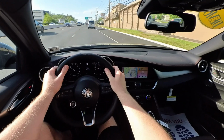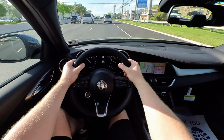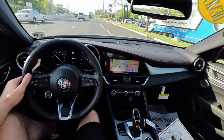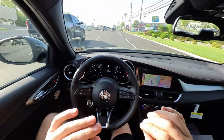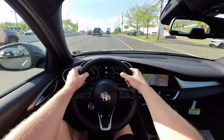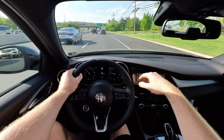So I guess the space, that will be number one. I wish it was a little bit larger on the inside, and obviously on the outside could be too. Especially at this price point, this is, I believe, a $50-something thousand vehicle. Yep, $57,000 model. But again, Giulia starts at what, mid 40s to high 40s these days. So if it was just a little bit bigger, so you can have a little bit more space, would be nice. That's my number one downside, and number two downside would be absence of cooled seats,